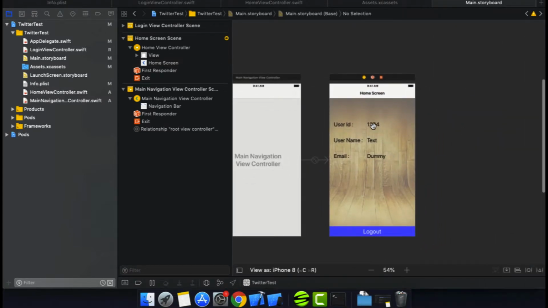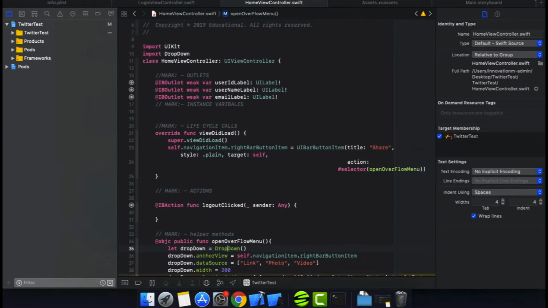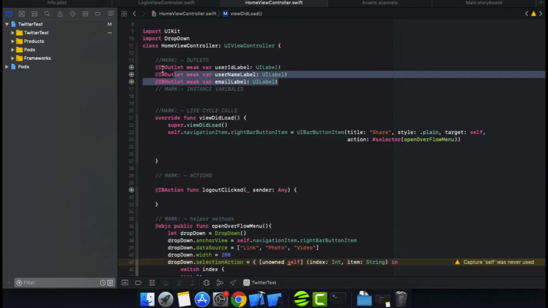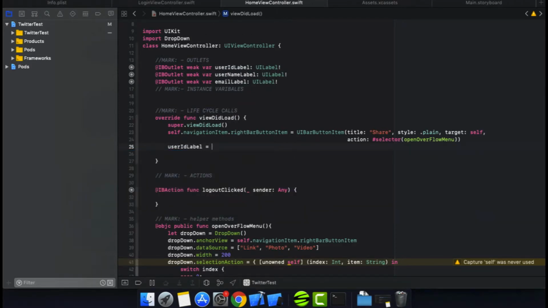Now what we actually want is to set the user ID and username here also. So for that, let's go to the home view controller, in the viewDidLoad. We have the outlets of those labels, so let's use those outlets. userIDLabel.text is equal to